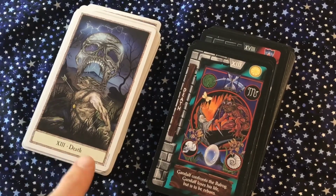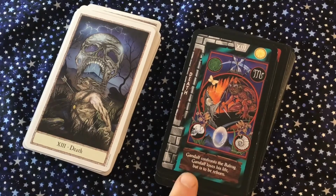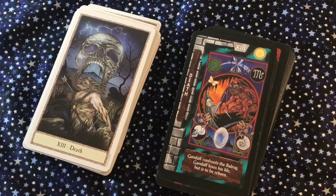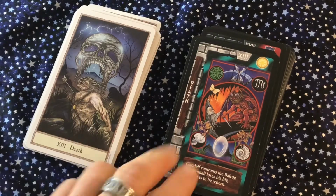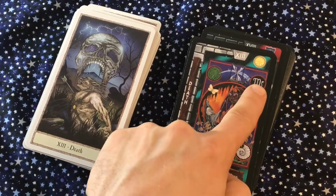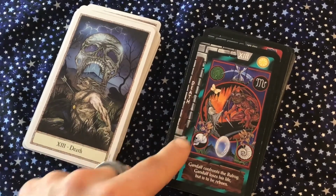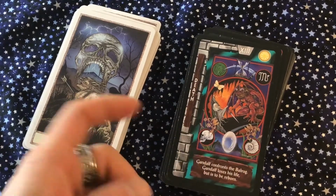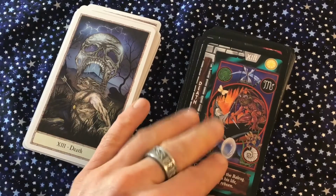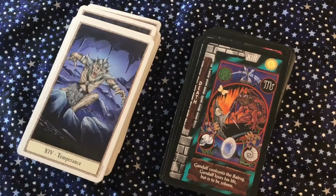Death. So, a kind of generic looking Death card in The Hobbit, and in Lord of the Rings, Gandalf confronts a Balrog. Gandalf loses his life but is to be reborn. Of course, that does happen in Lord of the Rings, and here we see the sign of Scorpio, we see the labyrinth, we see time. So, quite a lot of skulls, shells, eggs, butterflies. There's lots of imagery in here. It goes a bit beyond just the